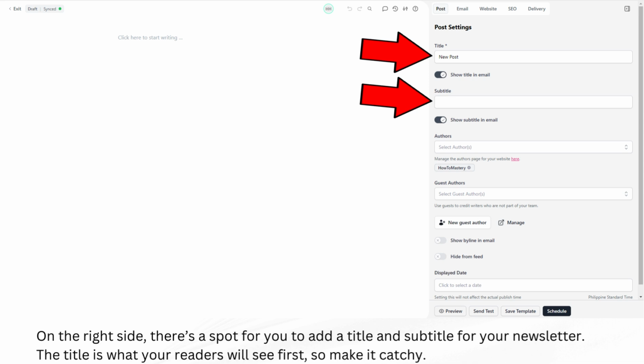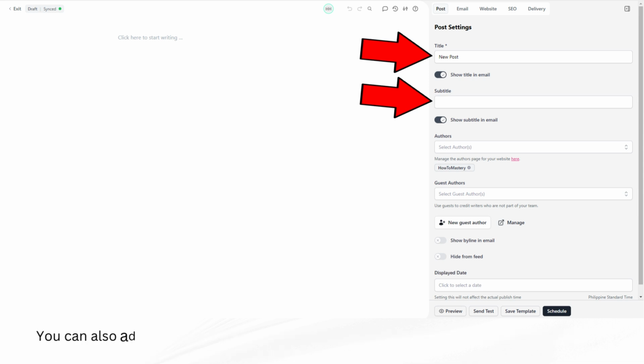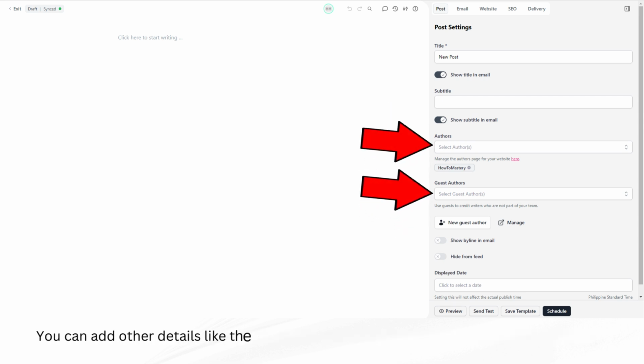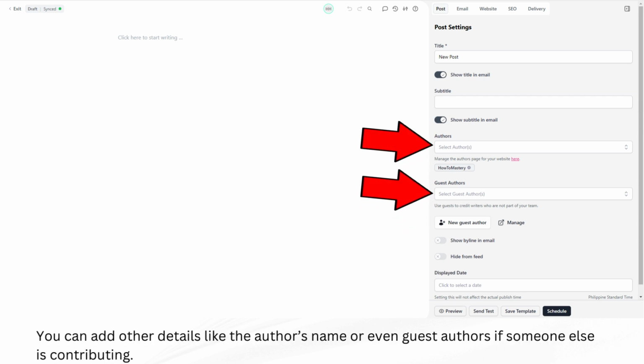The title is what your readers will see first, so make it catchy. You can also add a subtitle, which gives a bit more context. If you don't want the subtitle to show in the email, you can toggle it off by clicking the switch next to it. You can add other details like the author's name or even guest authors if someone else is